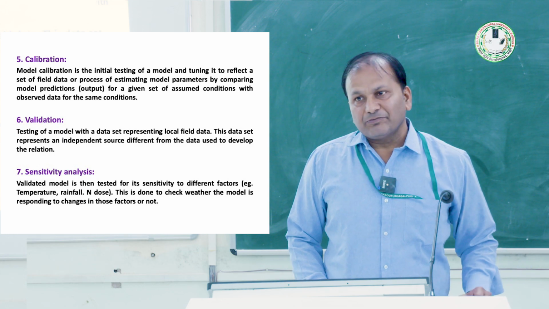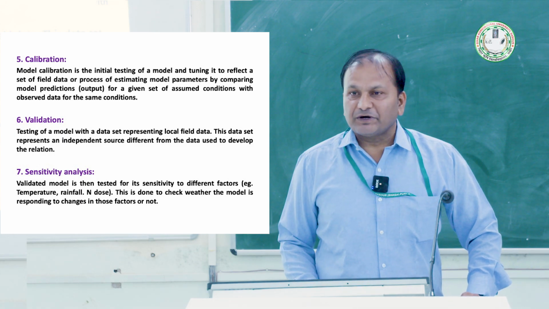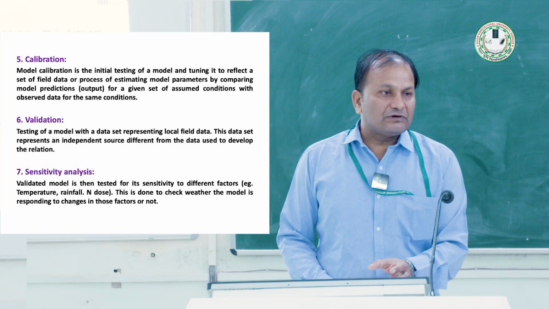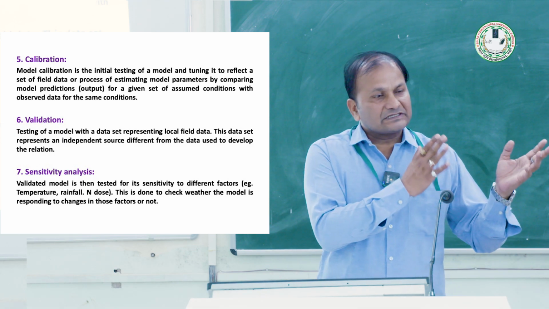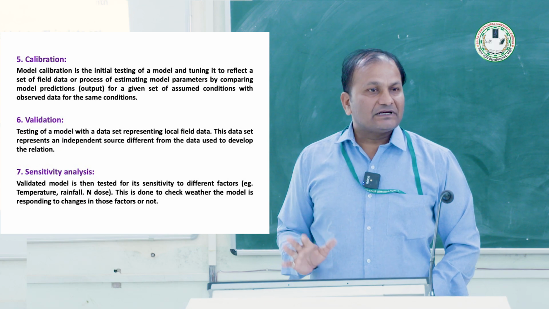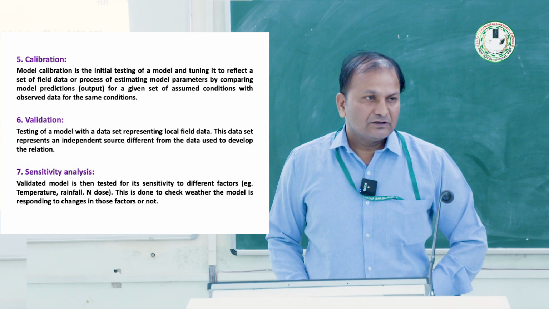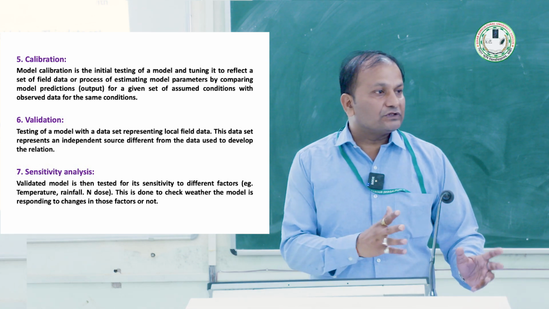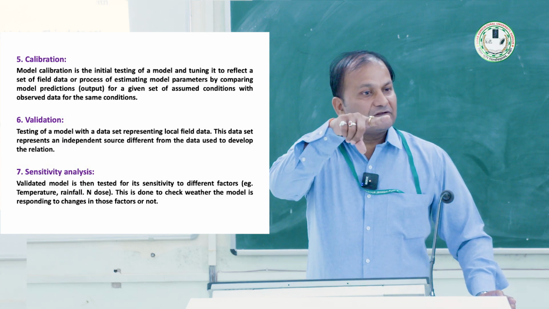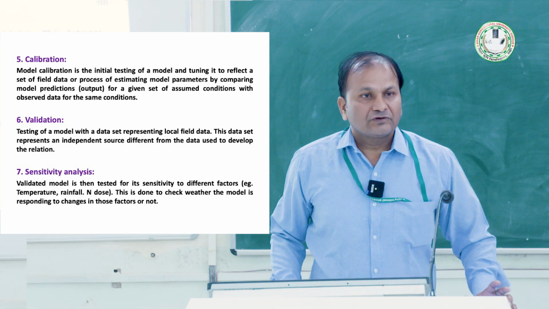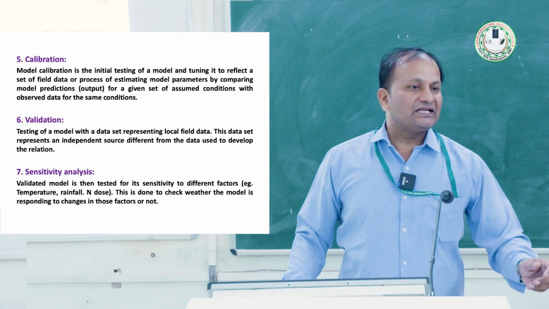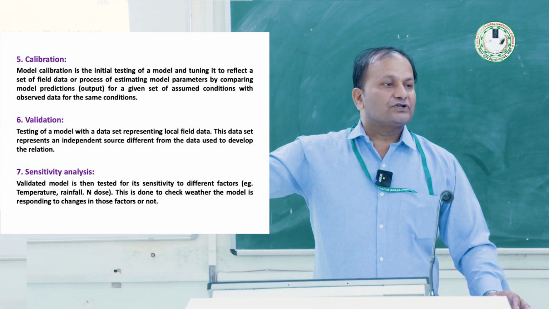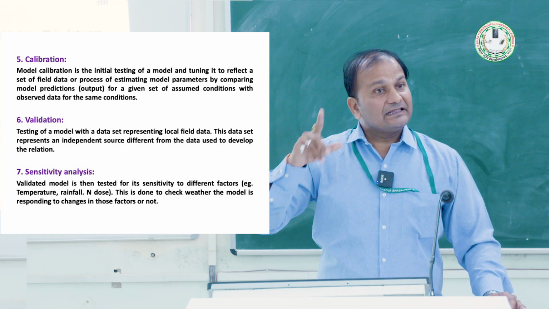For example, if wheat is providing 50 quintal per hectare yield in the field, and we are providing the same inputs in the model as in the field, but it is giving 40 quintal per hectare yield. Maybe there is some error, but it is not possible to know all these things, but the result is showing a difference of 10 quintal per hectare. So that is validation. Again we will change something, correct some error, so it will go up to 42, 43. Again there may be some error.